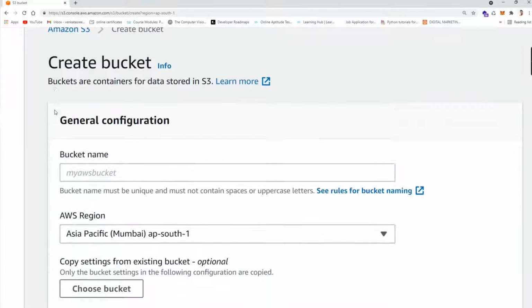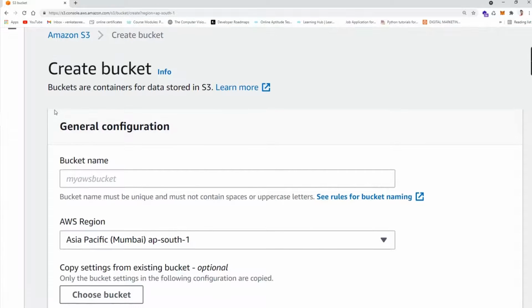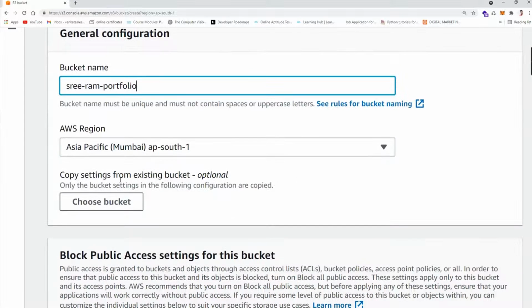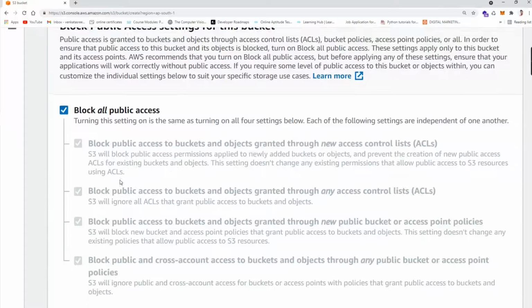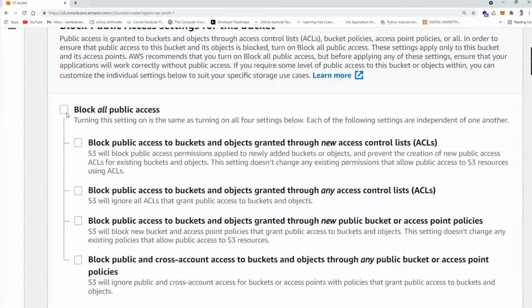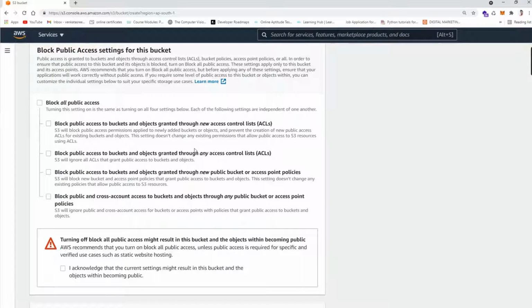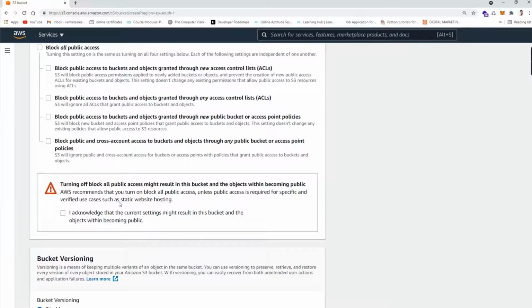After clicking, it will ask you to fill in details like the bucket name. I am going to give my bucket name as Sriram Portfolio, and make sure to untick Block all public access. That means you are going to make your website public.